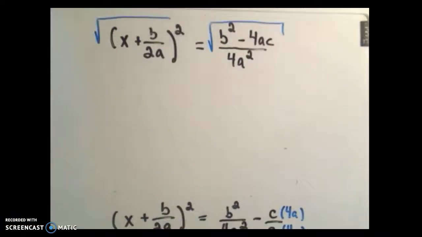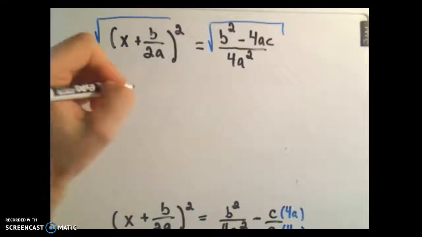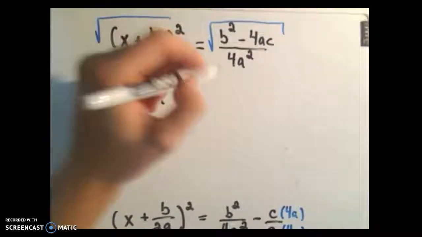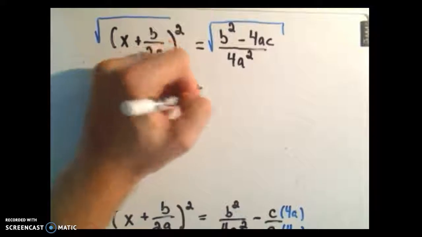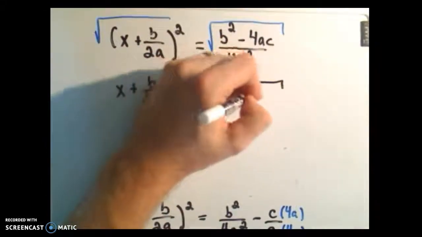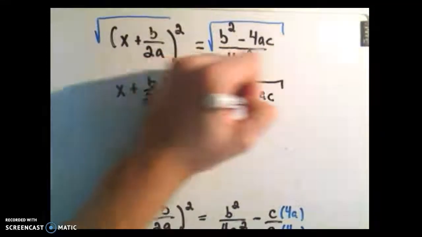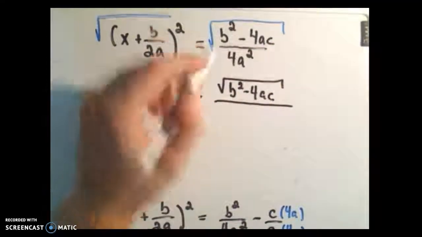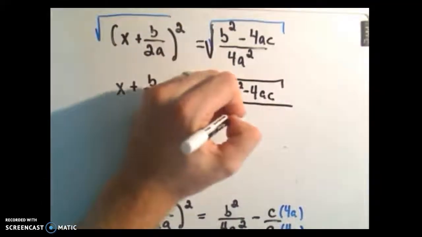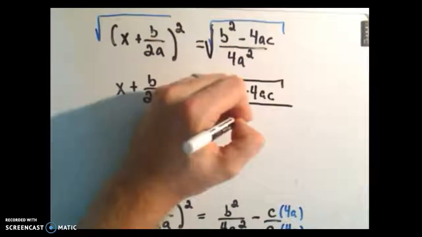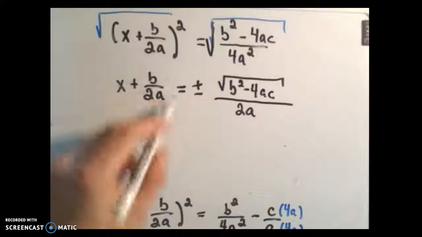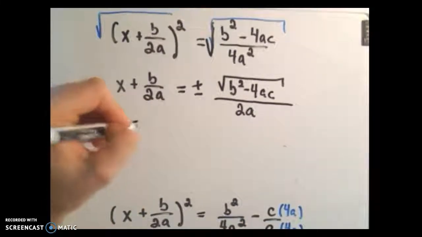To solve for x, we have to take the square root of both sides. On the left side, we'll just be left with x plus b over 2a. On the right side, remember if you take a square root, you get positive and negative. So we'll get the square root of the top, b squared minus 4ac. But also remember, if you have a big square root, you can take the square root of the top, which we did, over the square root of the bottom. If you take the square root of the bottom, you'll just be left with 2a. To move this b over 2a to the other side, so we can actually